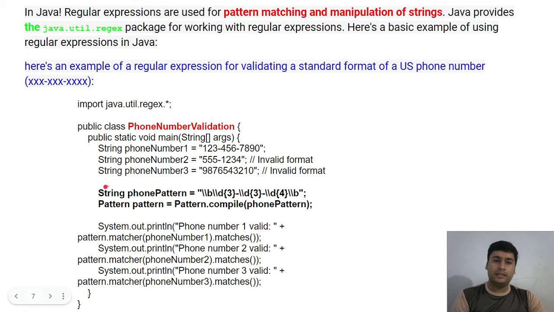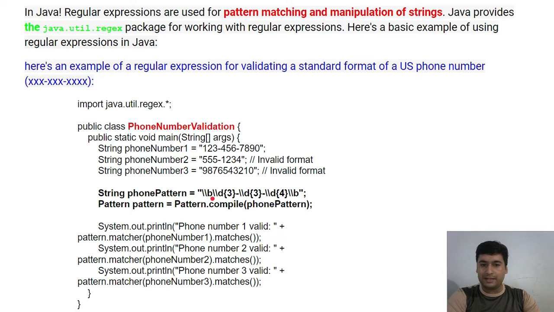So in the same way, this is the string pattern we have specified here, and then after this is Pattern equals Pattern.compile. So we got the pattern, and with the pattern they are checking pattern.matcher(phoneNumber).matches(). If it matches, it will give true or false like that. Okay, so this is the scenario we have to take up, and we have to understand whether the phone number is correct or not, whatever the format we have given. So the first phone number is the only one valid and the second phone number is not valid based on